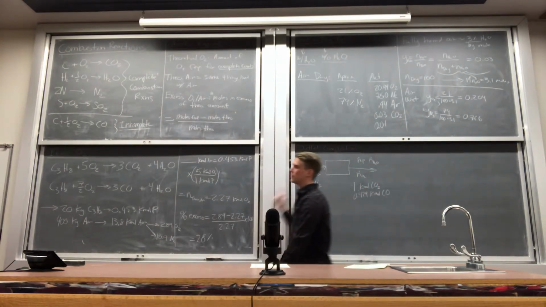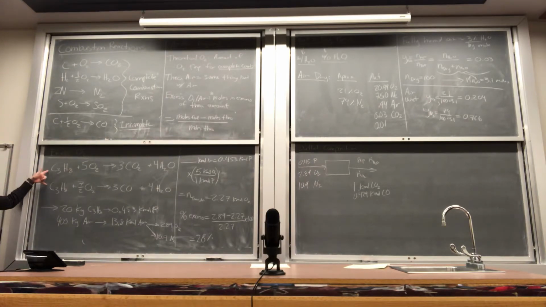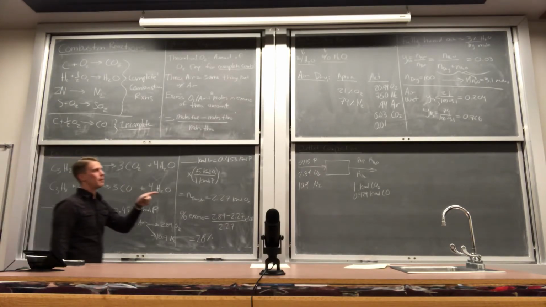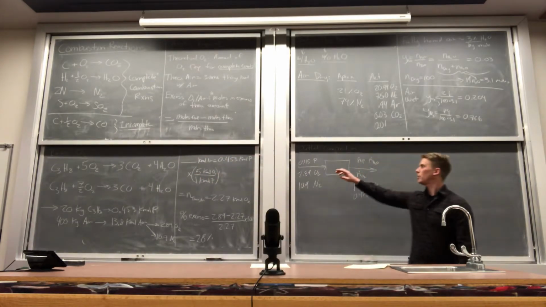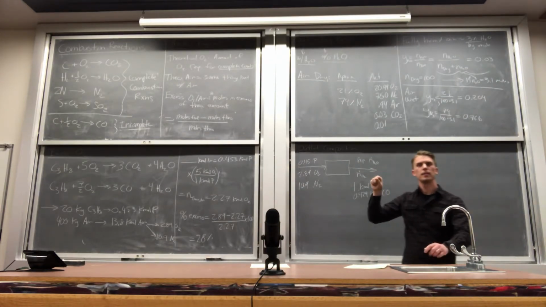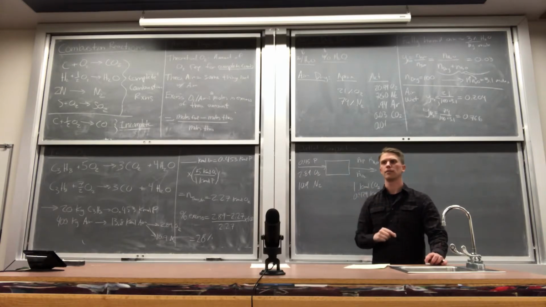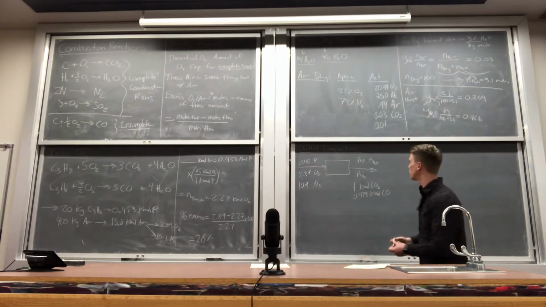I would recommend atom balance on this one because if we do extent of reaction, we have 2 reactions that we have to keep track of. That adds an additional degree of freedom, an additional equation we have to worry about. So I would recommend that atom balance is probably the easiest way to solve this problem. How many unknowns do we have? 3. How many independent atomic species do we have? 3. Carbon, hydrogen, and oxygen. So we can do our 3 atom balances to balance this process out.